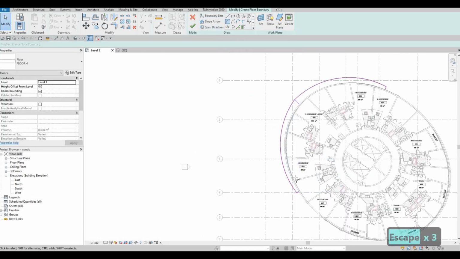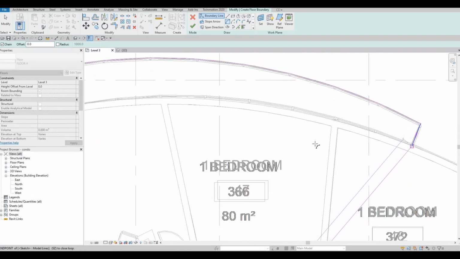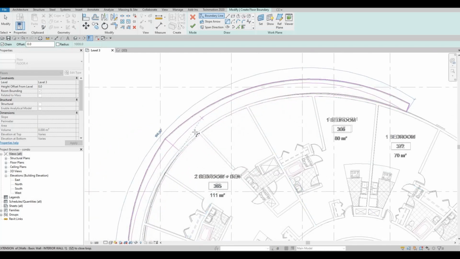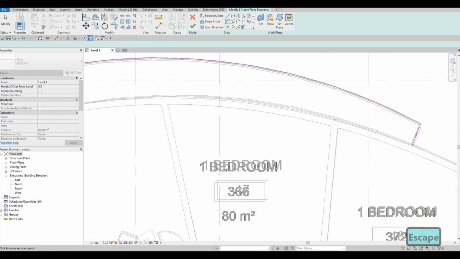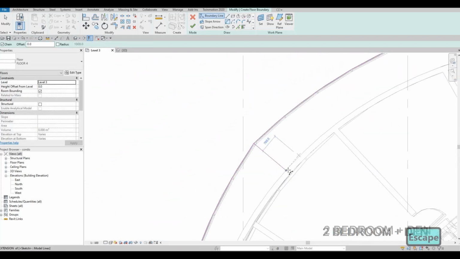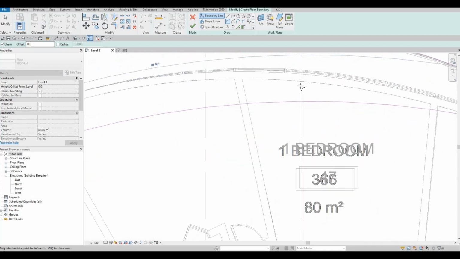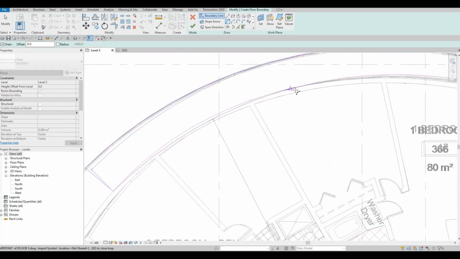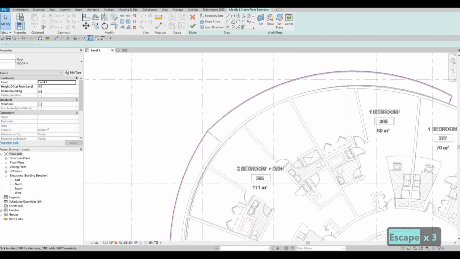So instead, let me try and do this. This end to this end. Okay, now it's looking like that, which is not the way that we want. I just want it to be looking like this, similar to the